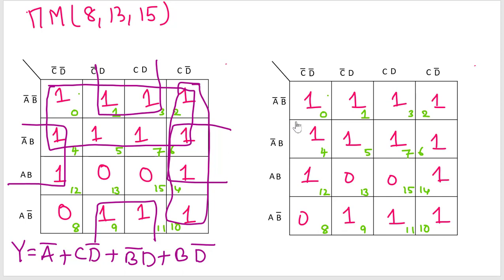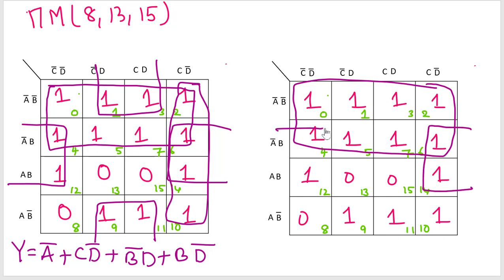Now we are trying to see this K-map, how we are going to do that. So same, this octet is not going to change because there is no possibility for the formation of another octet. This will be as it is. Now instead of forming these 4 ones as a quad, I am going to form these 2 ones and these 2 ones as a quad, and these 2 ones and these 2 ones as a quad.